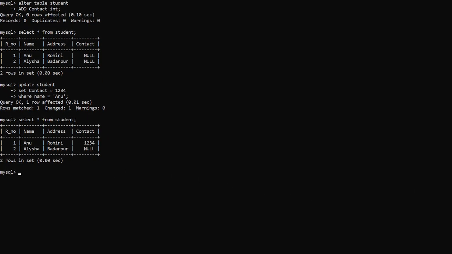Next thing is we can delete a record from the table. If we want to delete a particular record or if we want to delete the complete table, we can do it by using the delete command. So we are using delete from student, the name of the table, where name is equal to Anu.